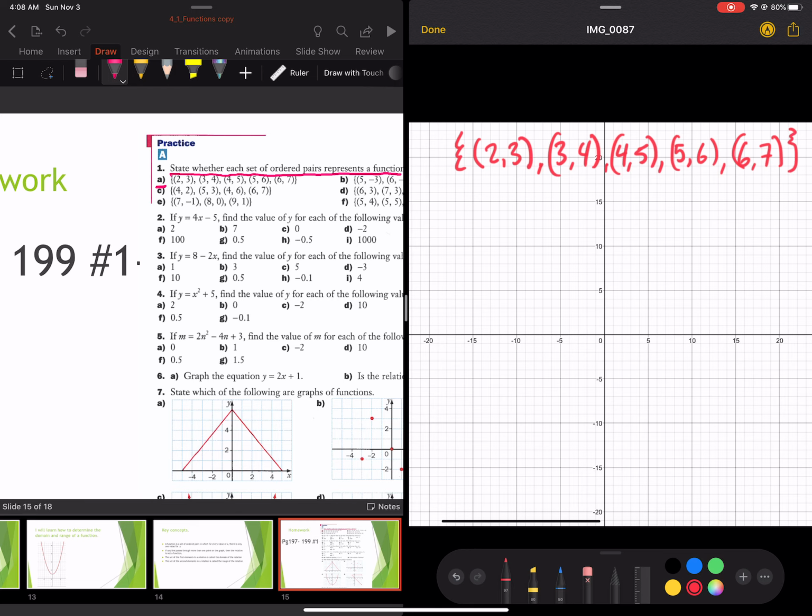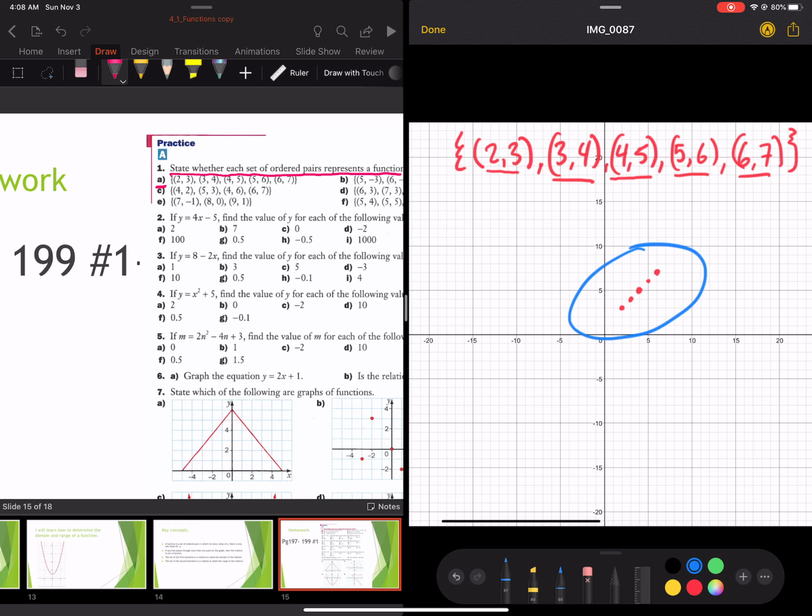Okay, all of it's a function defined within a set. It's basically a bunch of relationships. What does that mean? When x is 2, y is 3. So that's my 1 point. When x is 3, y is 4. When x is 4, y is 5. That's my point right there. When x is 5, y is 6. And when x is 6, y is 7. And this basically represents